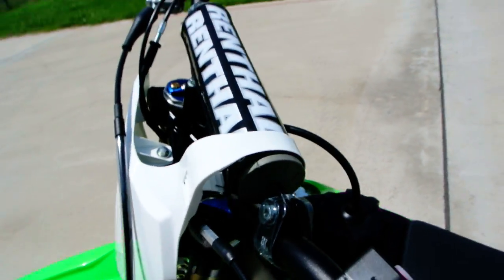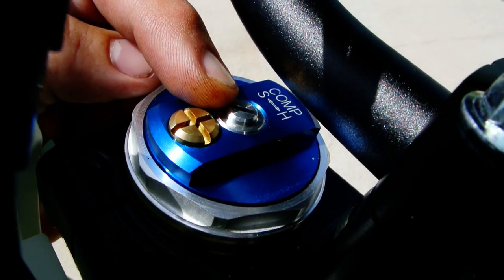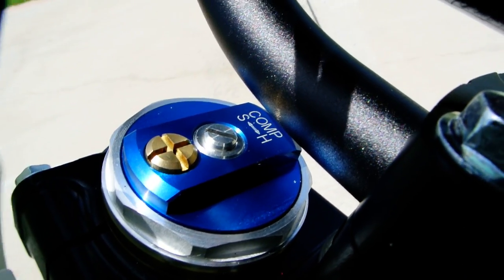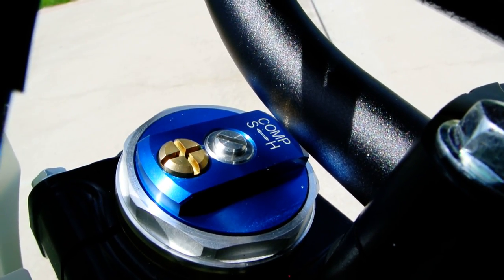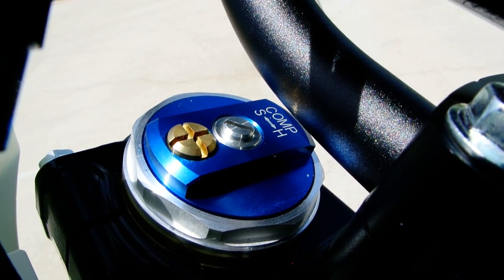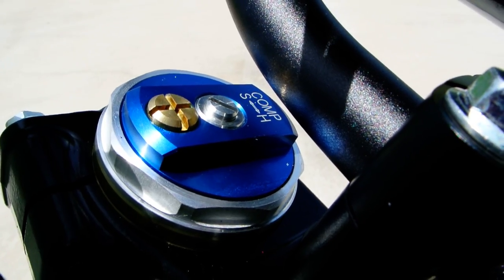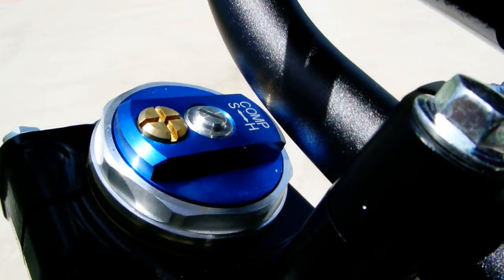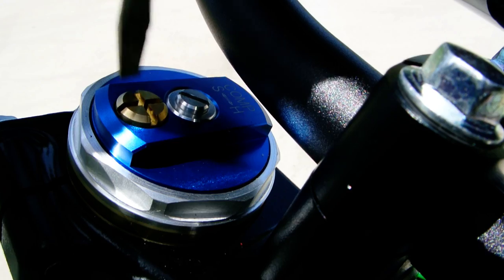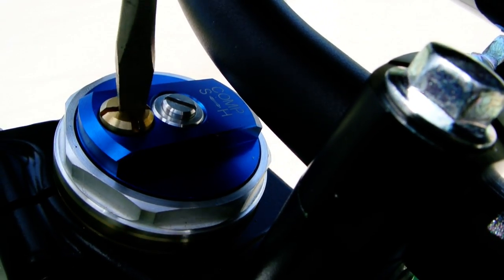But let's get a look at the top of these forks, if we can. So you can see you can adjust your compression there. Now they increased the size of the dampening cartridge in here. I think it was 24 millimeters standard is what it was, and now it's up to a 32 millimeter diameter dampening cartridge. And I may be wrong exactly on those numbers, but that's close. And so basically what you've got is this little gold plug right here. And if you take this little gold plug out,